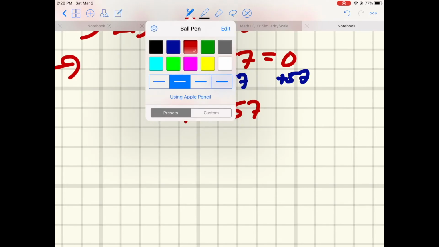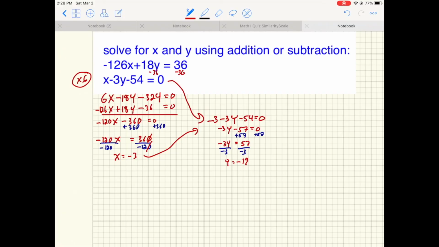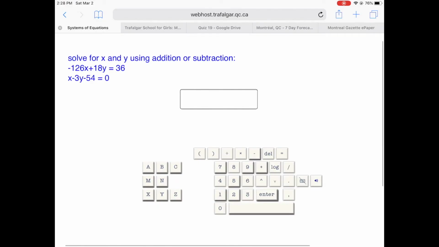To get the y all alone, I'm going to divide both sides by negative 3. 3 goes into 57, 19 times. Y is equal to a positive divided by negative is negative 19. Our answer is x is negative 3 and y is negative 19. If I can just type that in like this, x is equal to